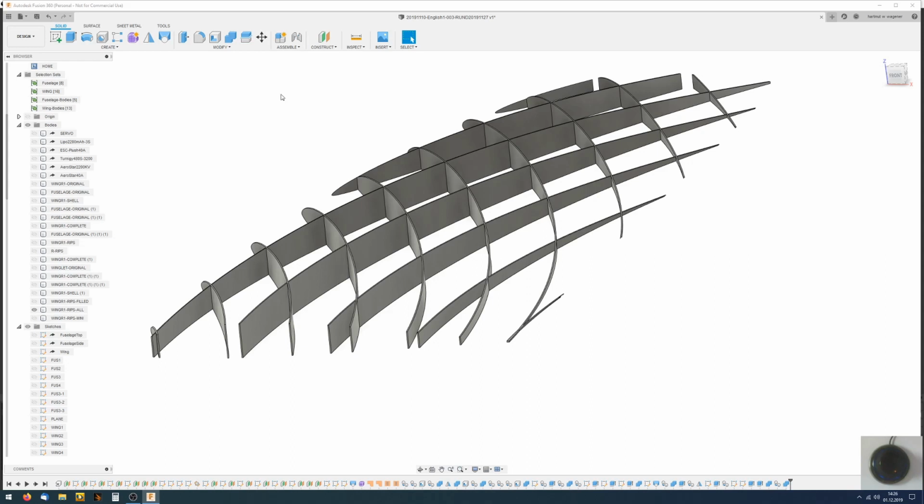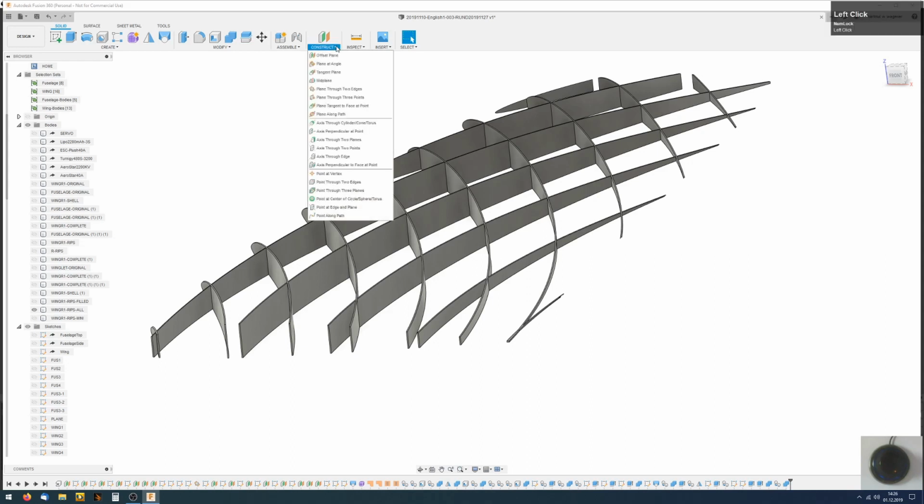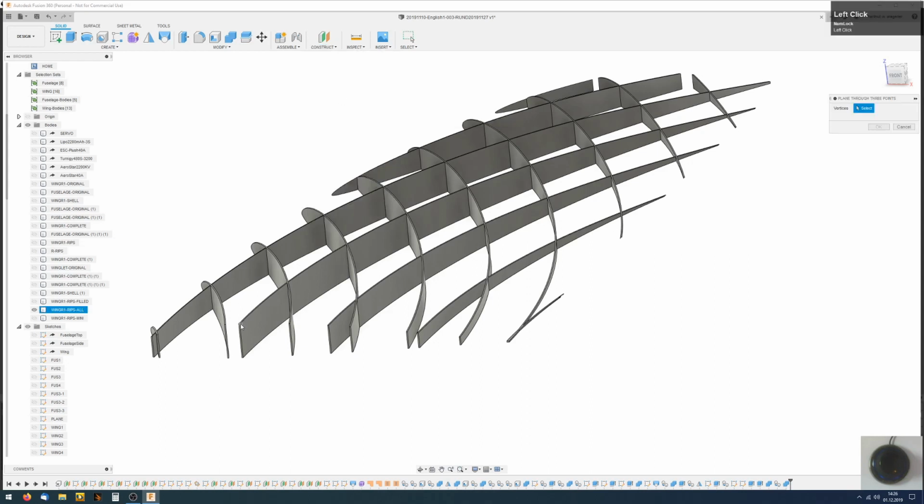I will do it by the command construct plane through 3 points, and then I select 3 points, this and this one, and there we have our first construction plane.